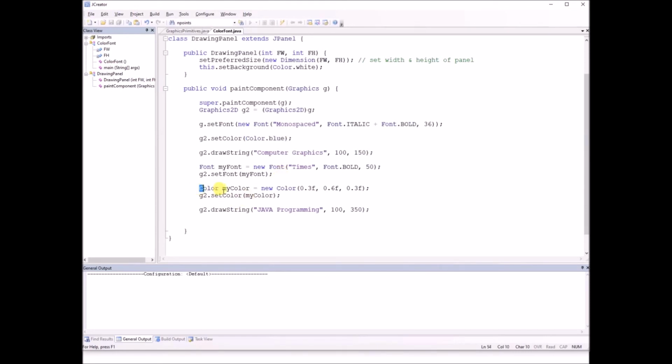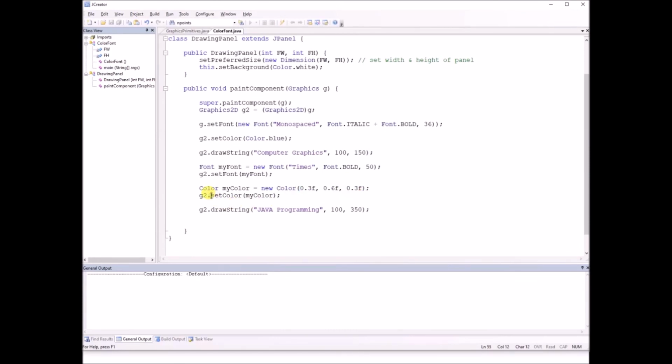So we use the class Color, object name is myColor, any name we can choose, equal and the new operator, then again the class name, and we are passing the three values for our own color: the red, the green and the blue. Now this constructor is going to take three parameters, where the values of red, green and blue are between 0 and 1 inclusive. So the value for the red component is 0.3 of type float. We have to write the F. The meaning is that this value is of type float. Then the green has the value 0.6 and the blue has the value 0.3. So these three values are used to create our color, myColor.